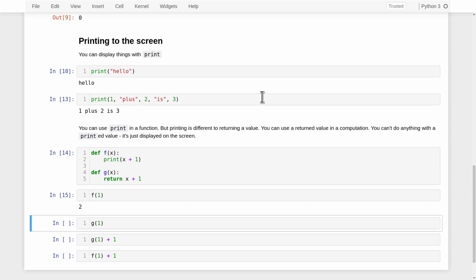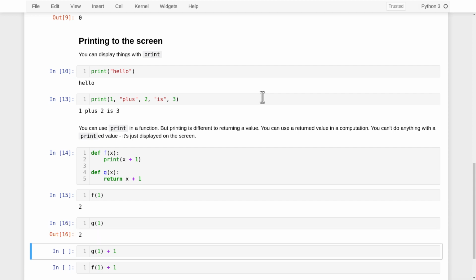Now let's call g of 1. You can see that g of 1 has displayed the value 2, and you can also see that there's a very subtle difference between the results of those two functions. When we called g, we got the word Out next to the output, and that is the Jupyter Notebook's way of telling you that this 2 was actually returned as a value from the function g. It wasn't just printed to the screen, it was returned as a value,